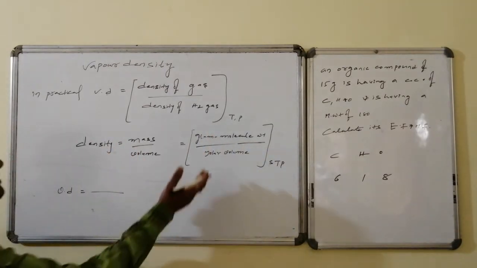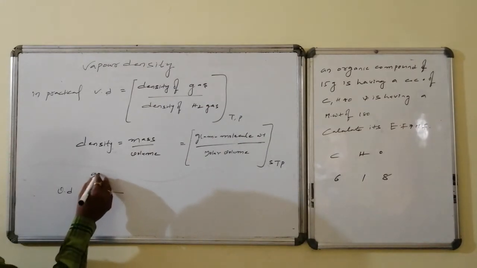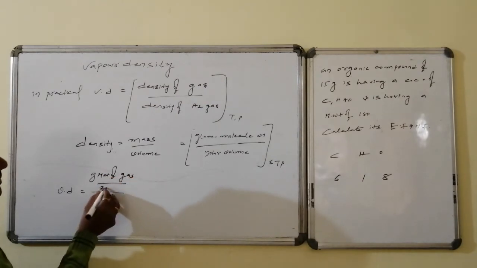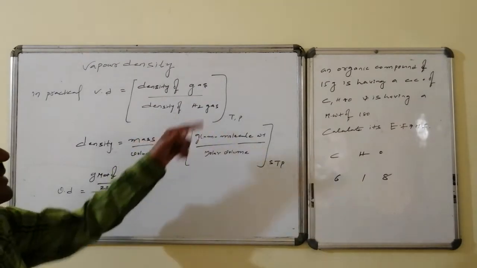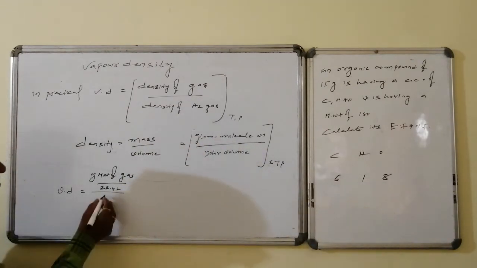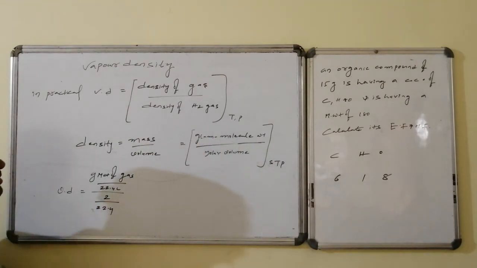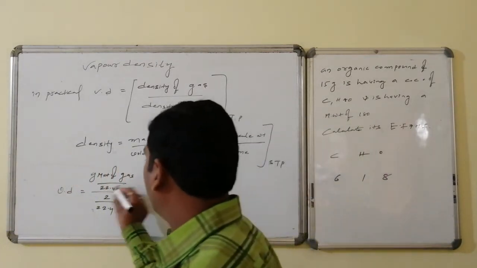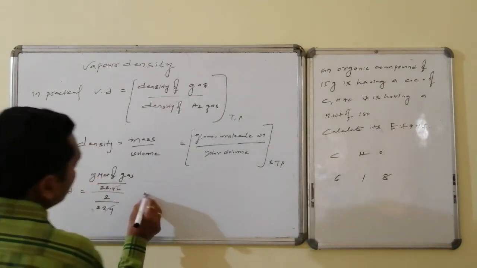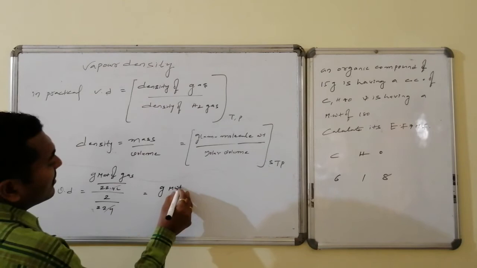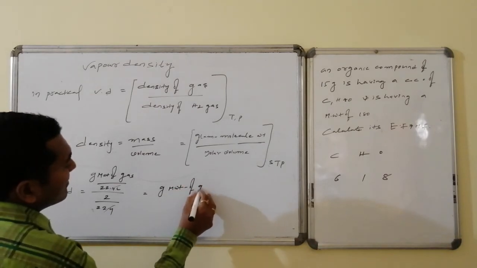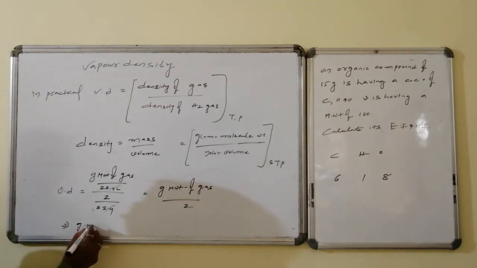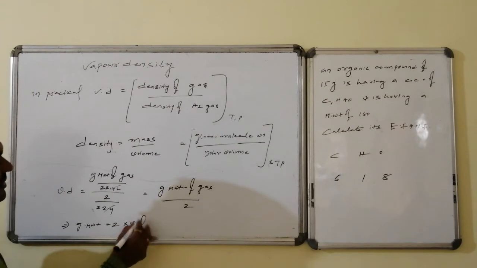Molar volume under STP conditions is 22.4 liters, hence density of a gas is its gram molecular weight divided by 22.4 liters. Whereas density of hydrogen is given by gram molecular weight of hydrogen, 2, divided by gram molecular volume under STP conditions, 22.4 liters. Hence this 22.4 is cancelled. Thus it becomes equal to gram molecular weight of gas divided by 2. That implies gram molecular weight becomes equal to 2 into vapor density.